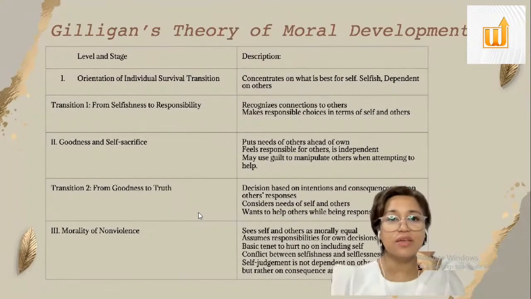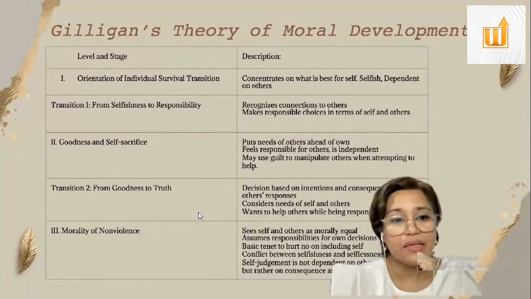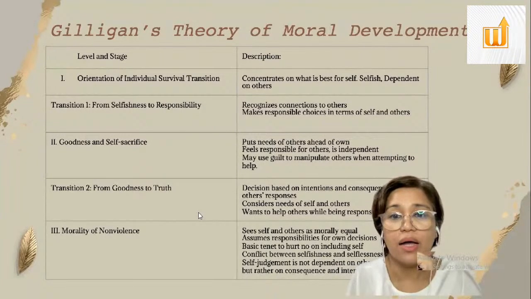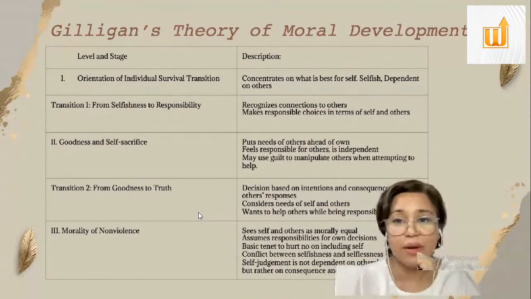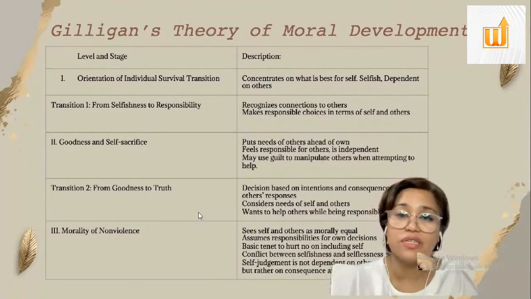But Gilligan's theory of moral development is also characterized by three stages, and there are transitions. So, at level one, orientation to individual survival, the focus is concentrated on the self, and so it is characterized by selfish dependence on others, but it will transition from selfishness to responsibility, where the child makes